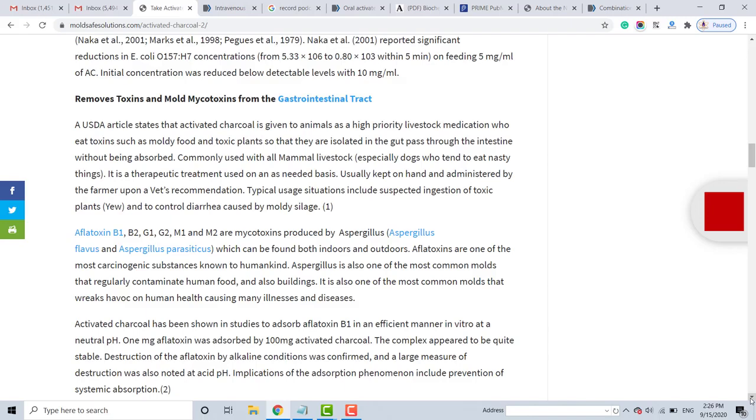So in conclusion, the present study proved that activated charcoal application can be used to protect the animal species against genotoxicity of aflatoxin B1. The protection degree of AC is probably related to its concentration ratio. So basically what they had said, that activated charcoal protected the animals' genes, their DNA, from being damaged